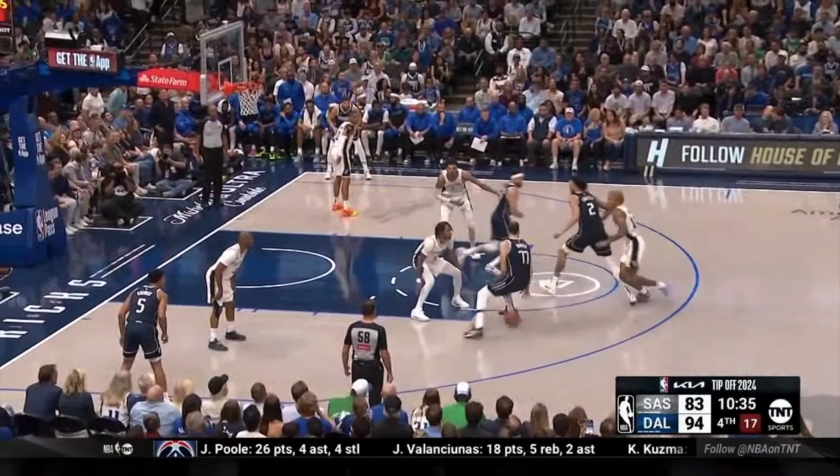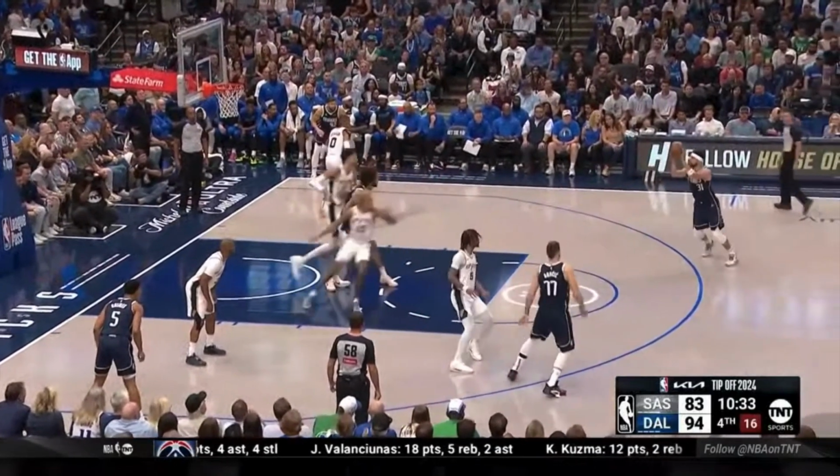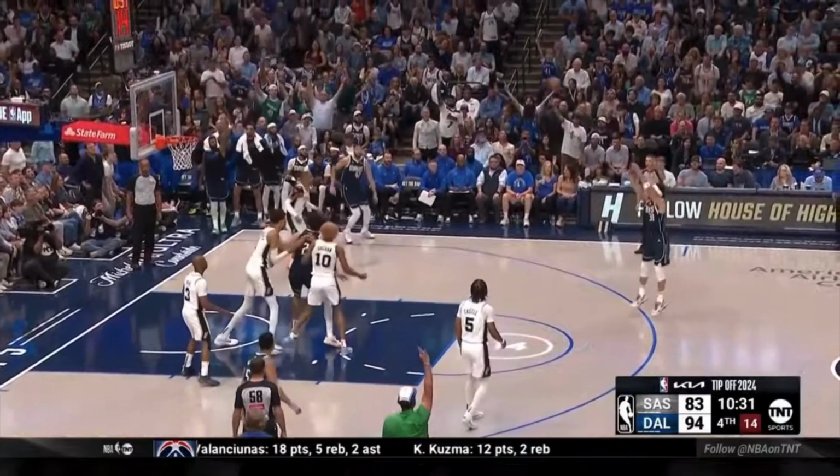Sochan is trailing Lively in recovery, Castle is defending Luka, and Victor is in the middle of the paint to stop a rim run. And that means in their confusion and dysfunction, no one is paying attention to Klay, one of the greatest three-point marksmen in hoops history. And Luka hits him with an overhead pass for what might be one of the easiest open gym triples of